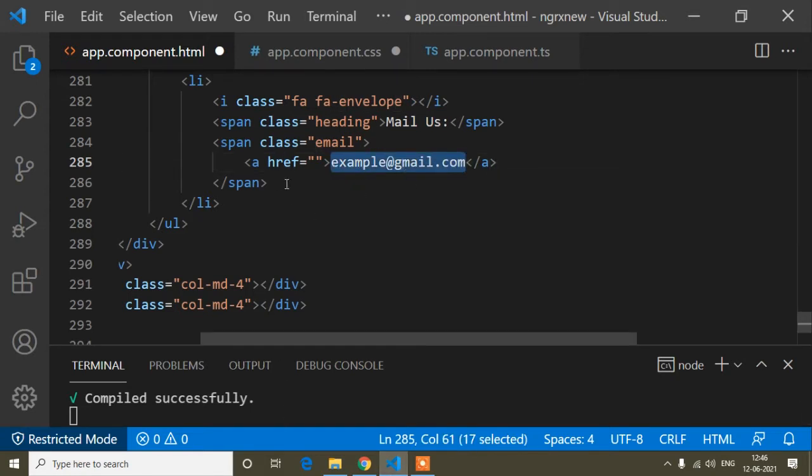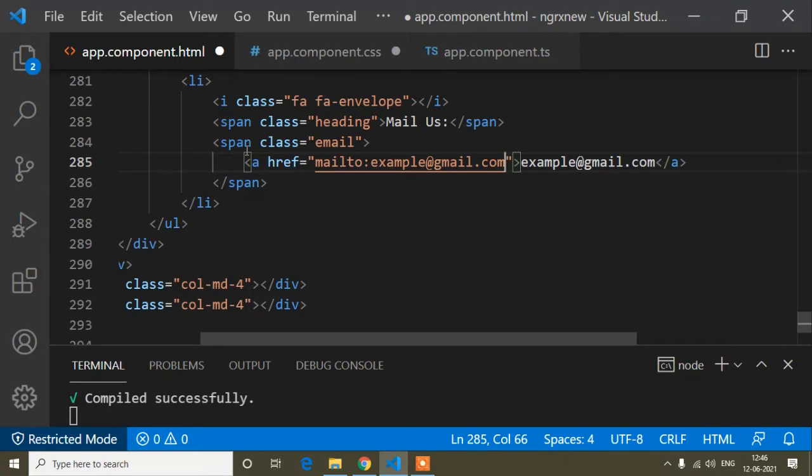So guys, when I click this email, I mean this anchor tag, I have to be redirected to an email mailbox, and the mailbox will automatically open this email. So how can I do that? Just inside this anchor tag, I have to write mailto. This is the HTML5 feature, mailto, and whatever mail you want to open in a mailbox, you have to pass here. I will show you the preview of what actually happens.